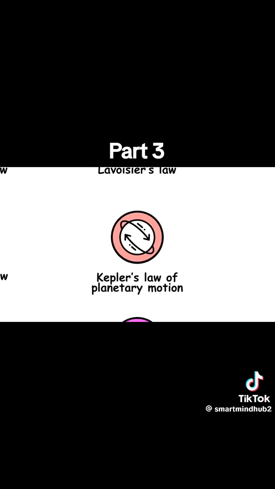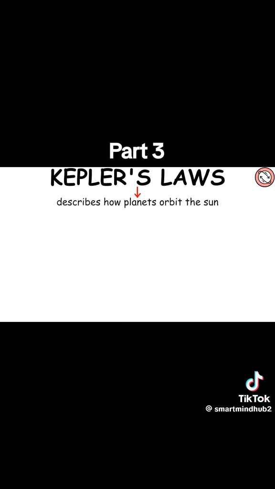Kepler's laws of planetary motion. Kepler's laws describe how planets orbit the Sun. The first law states that all planets orbit the Sun in elliptical paths, with the Sun located at one of the foci. The second law states that a line connecting a planet to the Sun covers an equal area in